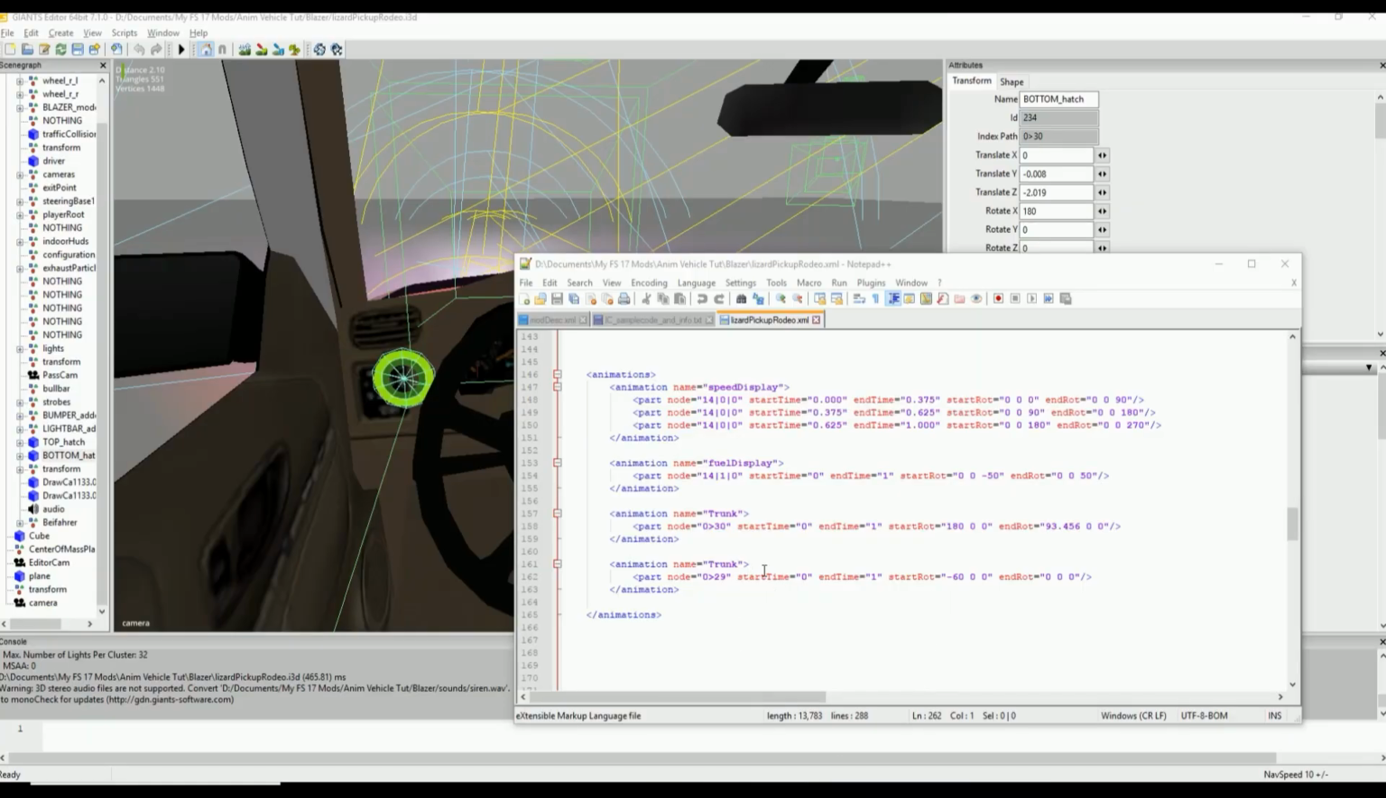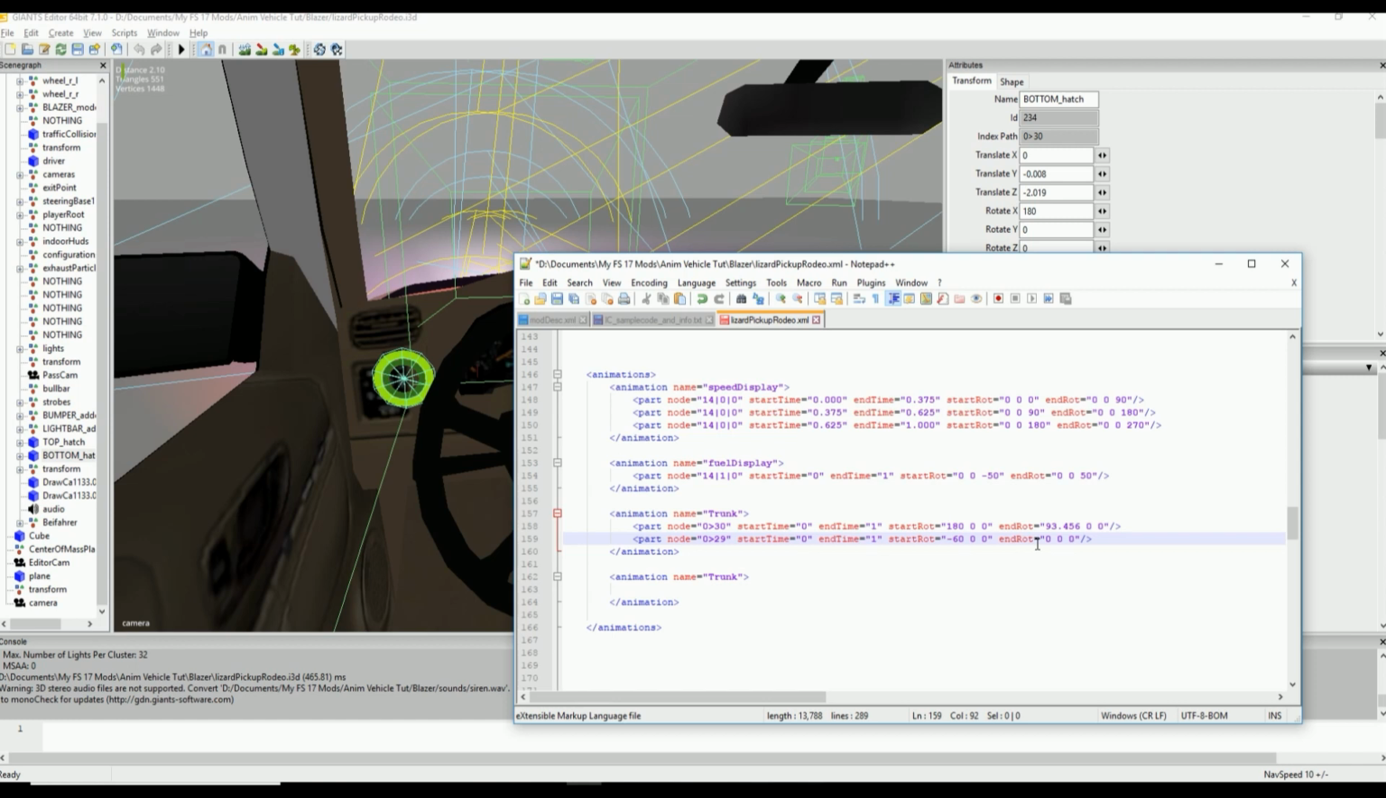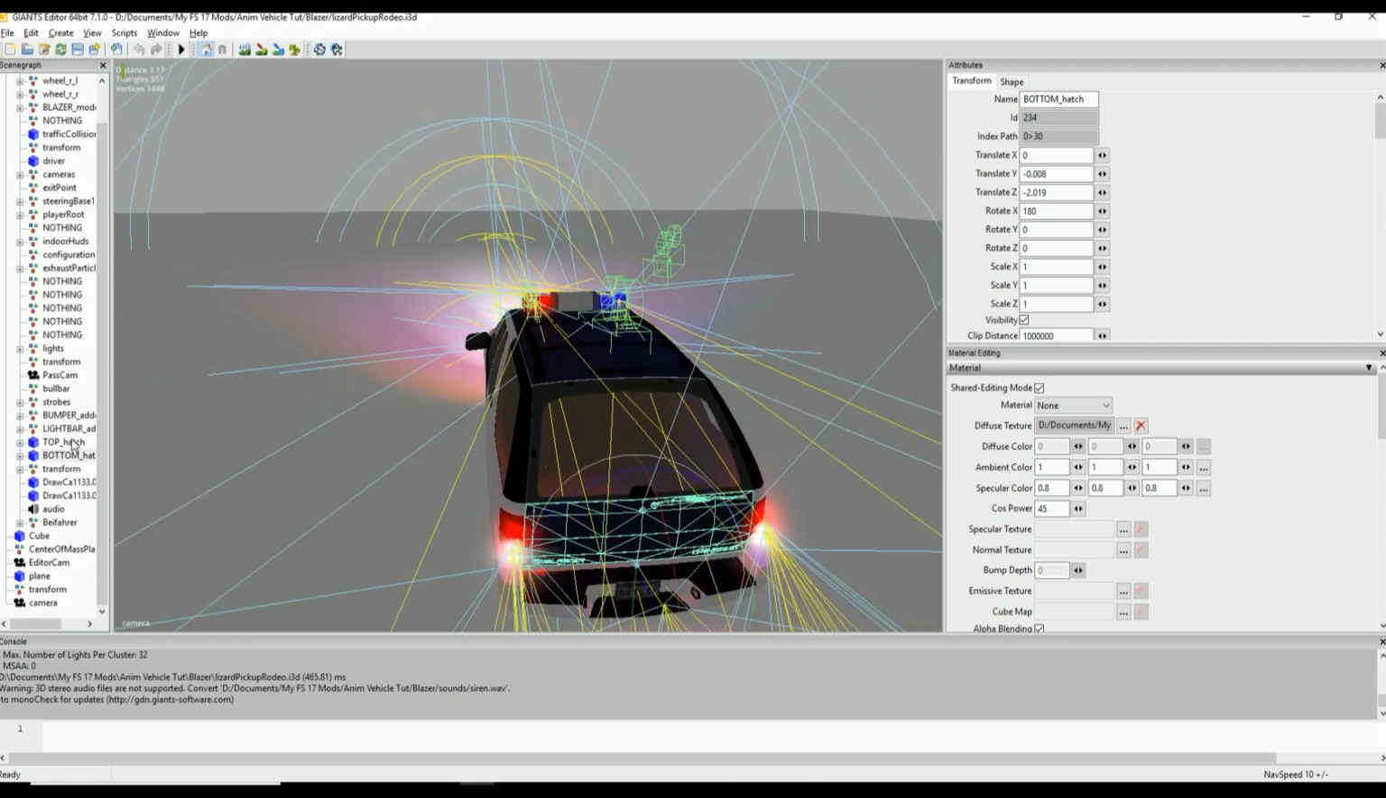Okay, actually I think part of the problem might be this. If you have two animations that are part of the same one, same name and everything, you can just combine the animations like so. Control X, Control V, so that the part nodes are together, and then just get rid of the extra one. If it's basically the same animation, two parts of the same animation, like for the trunk I have, the two parts opening up, the top and bottom, it can just stay together as